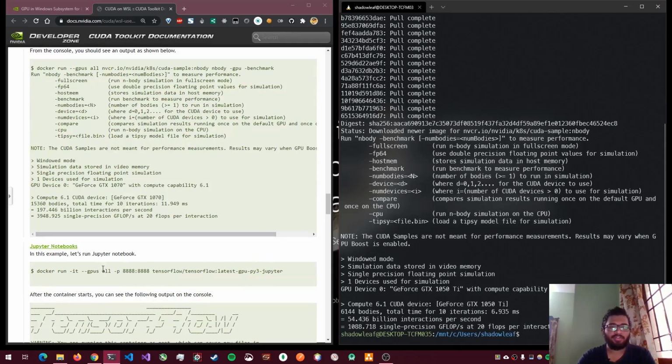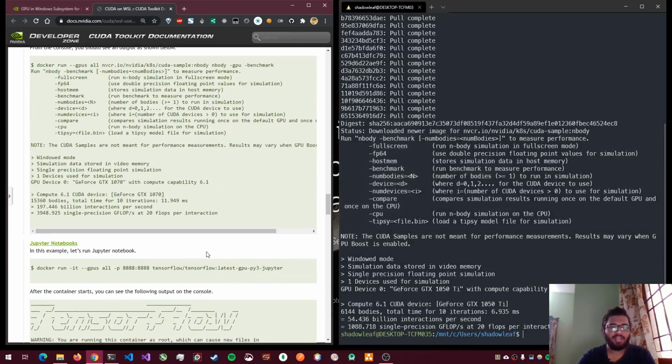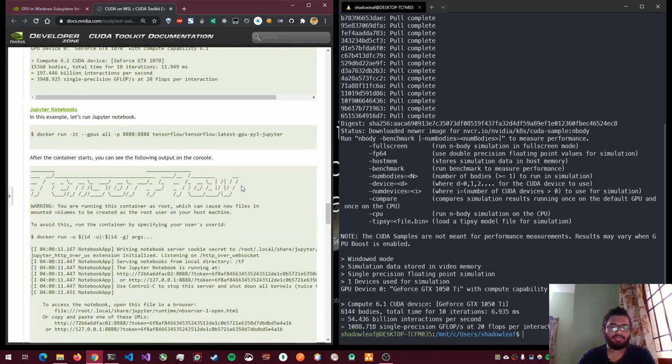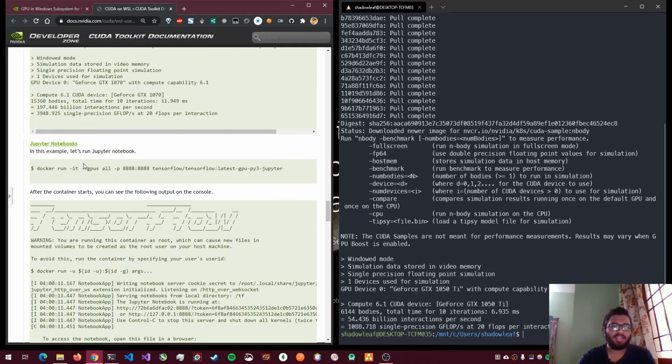So now that we know that it runs fine, another thing that you can do is run a Jupyter Notebook container. You're not limited to anything, you can use any kind of container, just pass the GPU. I think for now you have to use gpus all, so you'll have to pass all the GPUs, but it will probably use only one of the GPUs if you have multiple GPUs. Probably they'll fix this later, but for now, that works for me and I have a single GPU.